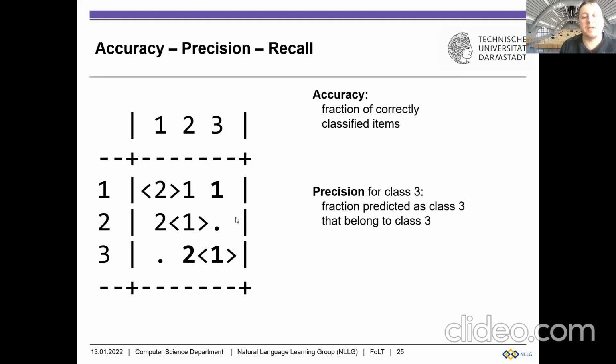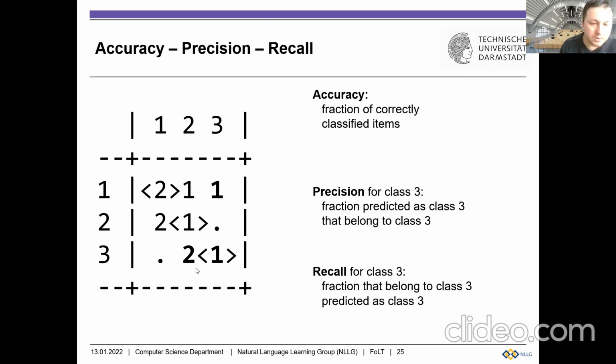So 2 are predicted as class 3, 1 actually belongs to class 3. We have the recall for class 3. This is the fraction that belong to class 3 that are actually predicted as class 3. So we have 3 instances that actually belong to class 3, and one of them is actually predicted as class 3. This is the recall for class 3.